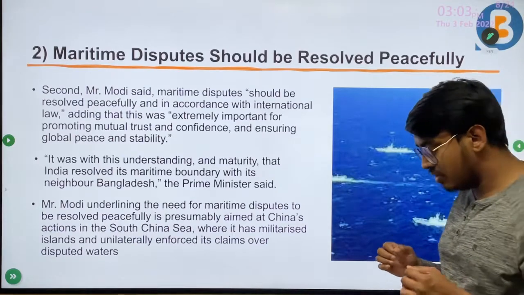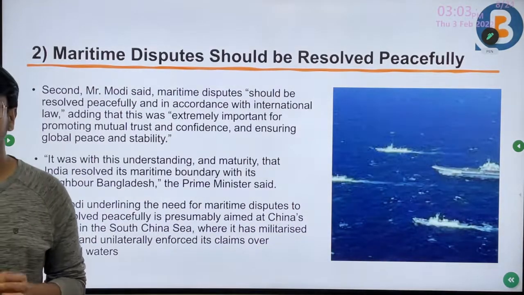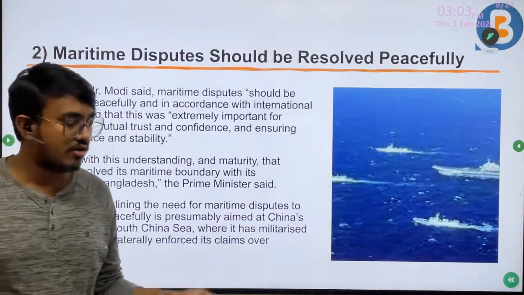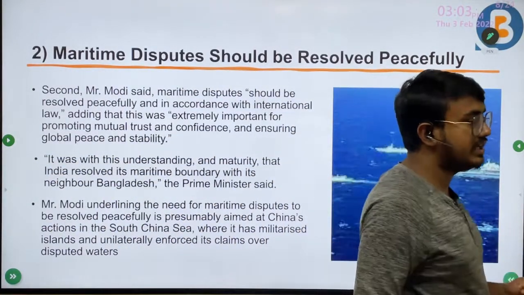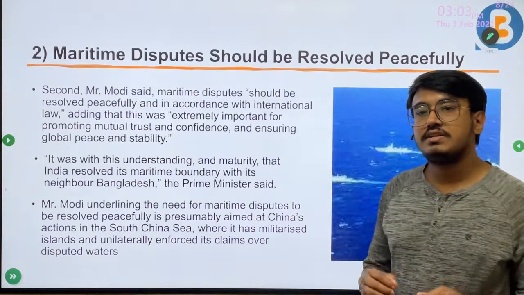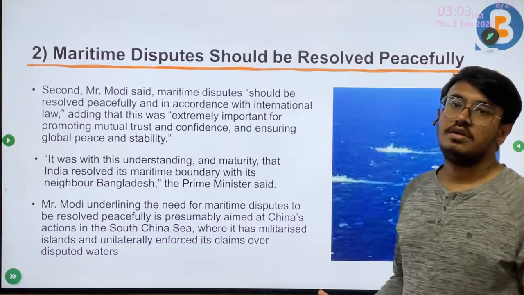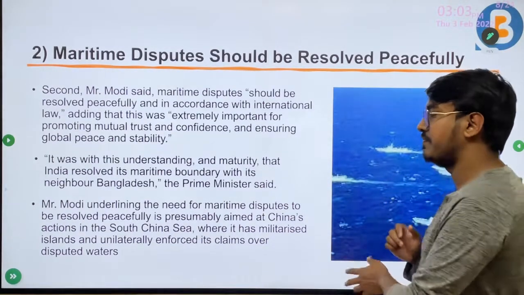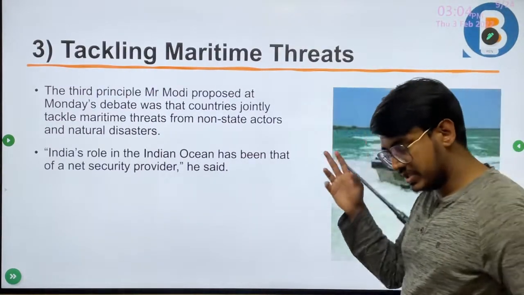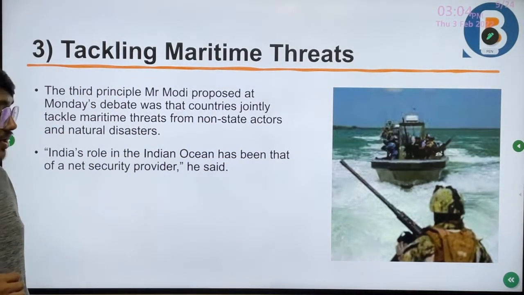So we do not want these kinds of conflicts to escalate into military conflicts. We do not want them to become armed fights. We want them to be resolved peacefully. So what India is proposing, India's idea, is that if these issues can be resolved peacefully, it means an improved relationship within the region, and it also helps in improving the trade in the region. So the third framework is threats to maritime security,